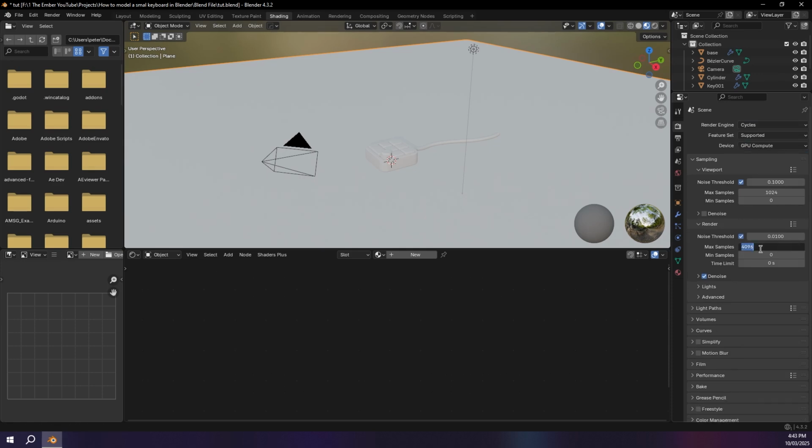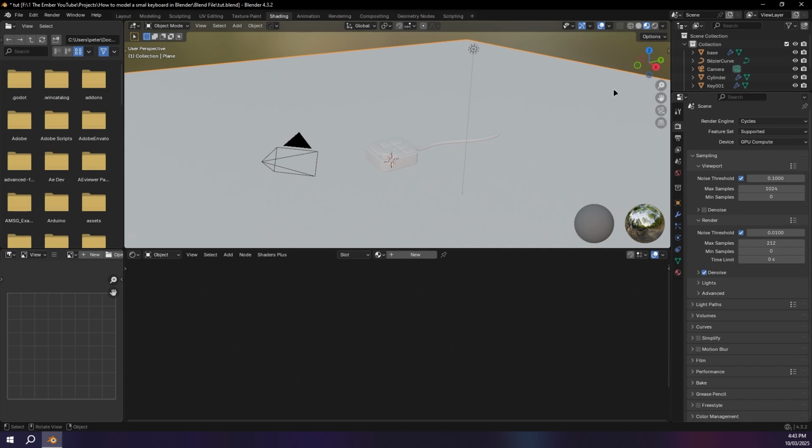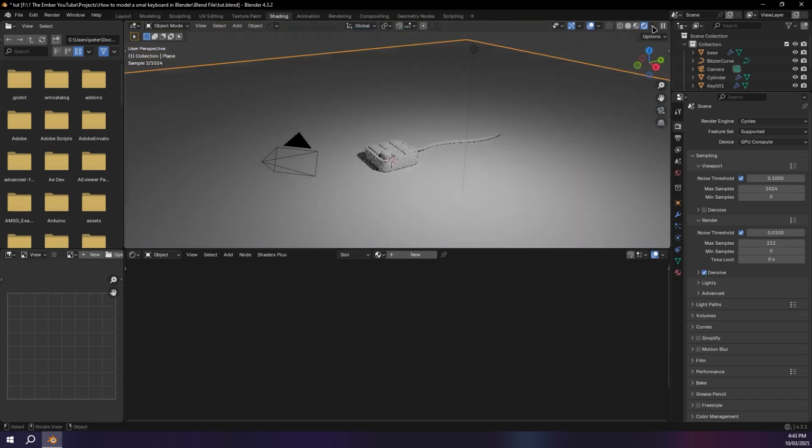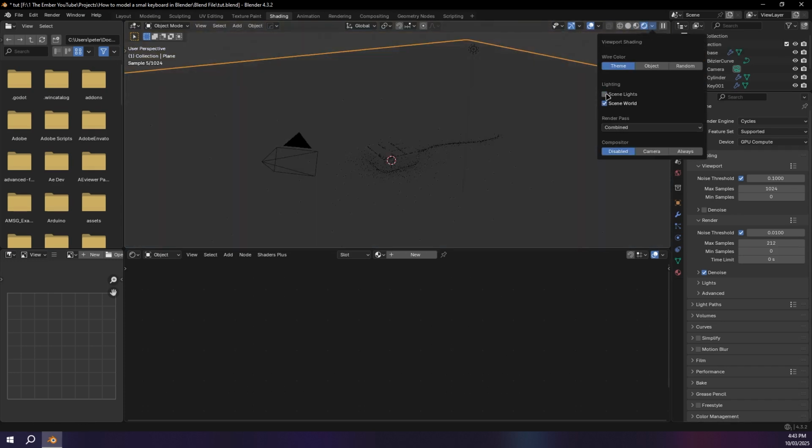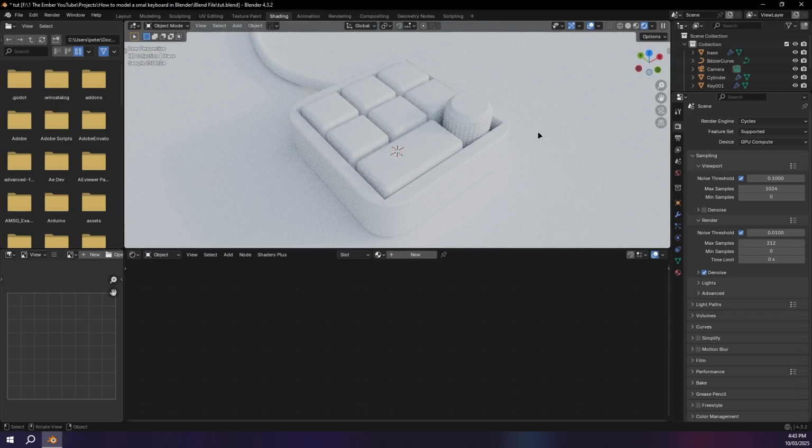I'll also make the max samples in the render 212, and that should be fine for the moment. Now I'm going to go over to rendered view, click the drop down, and disable scene lights and scene world. Okay, so now we need to add some materials. I want to go for a minimalism sort of look, so I'm not going to use too many colors, maybe